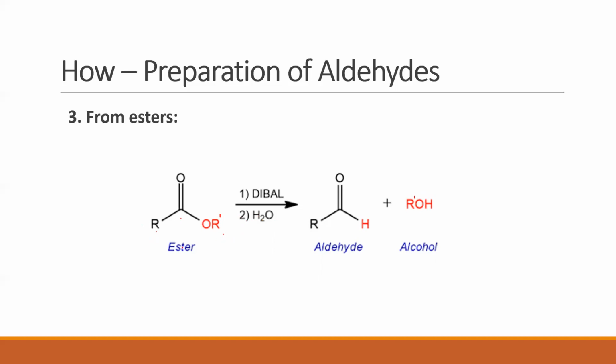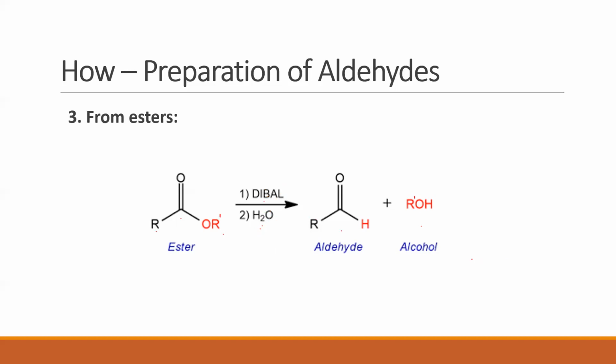Clear? Now, can you see a carboxylic acid here? Yes, you can. If I just try to remove this R and put one hydrogen, then I will get the carboxylic acid, right? So let's see what actually happens in this case. In this case, we make it react with a reducing agent along with water. DIBAL is a reducing agent along with water. In the second step, we get an aldehyde and an alcohol.